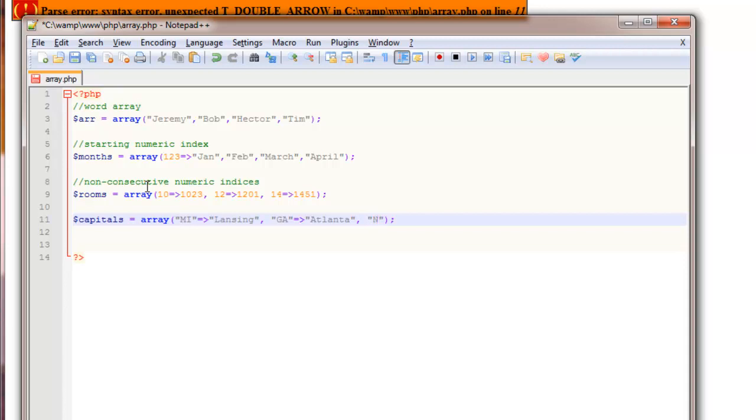Let's see, New York is, I believe, Albany. And let's do one more. We'll say Florida is, I think, Tallahassee. Could be wrong, but anyways,